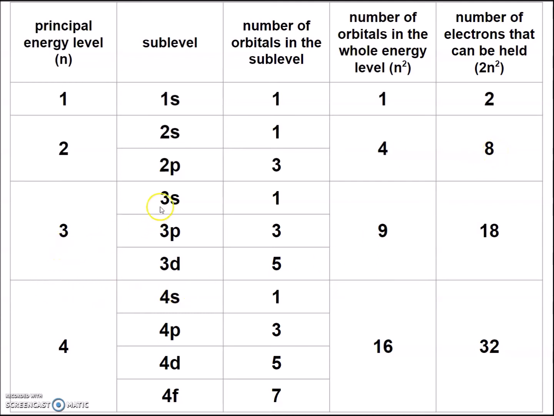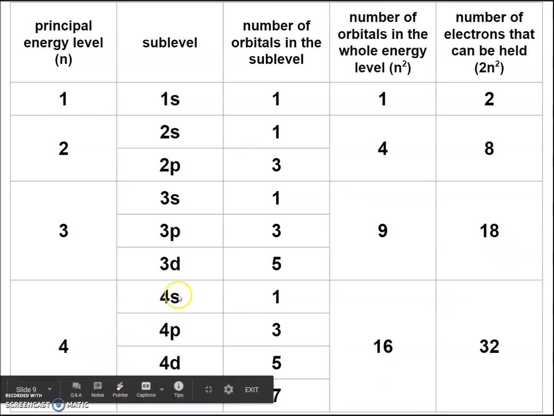Third principal energy level, 3 sublevels, 3s, 3p, and 3d, with number of orbitals 1, 3, and 5, which add up to 9 orbitals in total, giving you 18 electrons. The fourth principal energy level has 4 sublevels, 4s, 4p, 4d, and 4f, which gives you a total number of orbitals